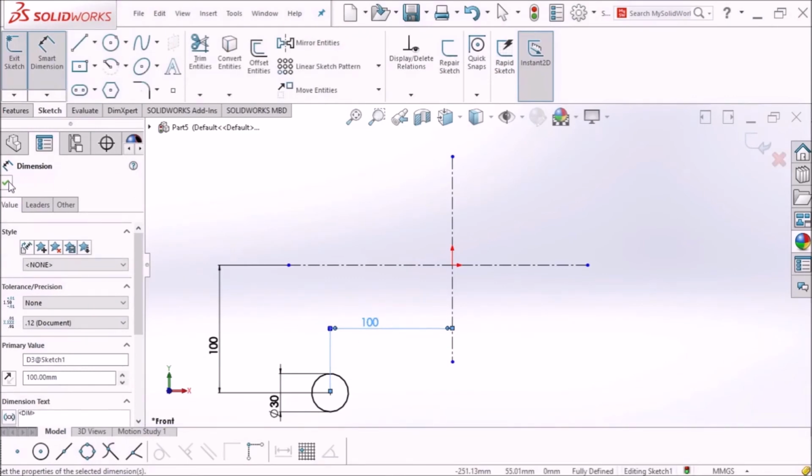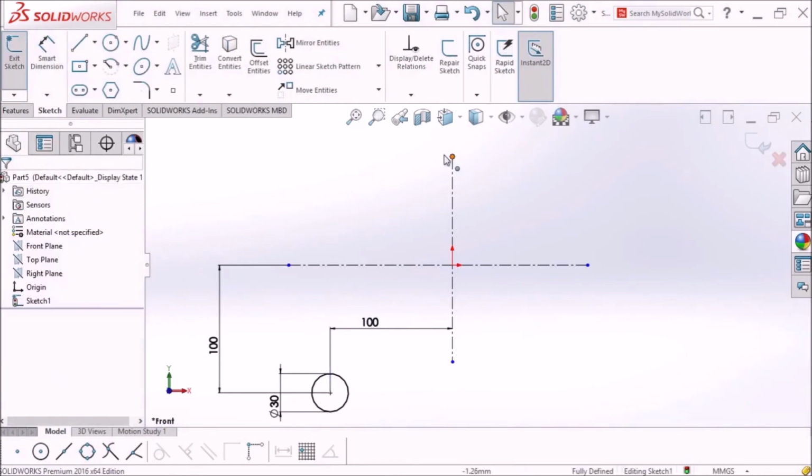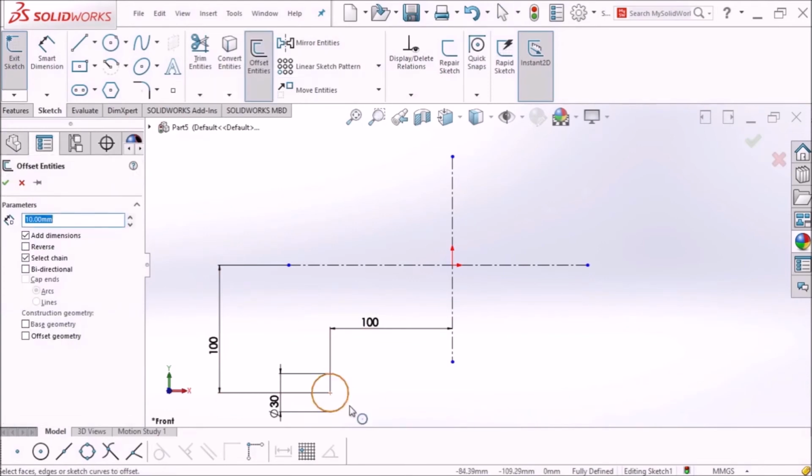click OK, okay. Now say we want the circle with the same center and say of diameter 40 mm. So for that we will use the offset entities. Say just click this circle and we want to offset it by say 5 mm, so that circle will be of 40 mm. If you want to reverse the direction of the circle, then just click reverse, so it